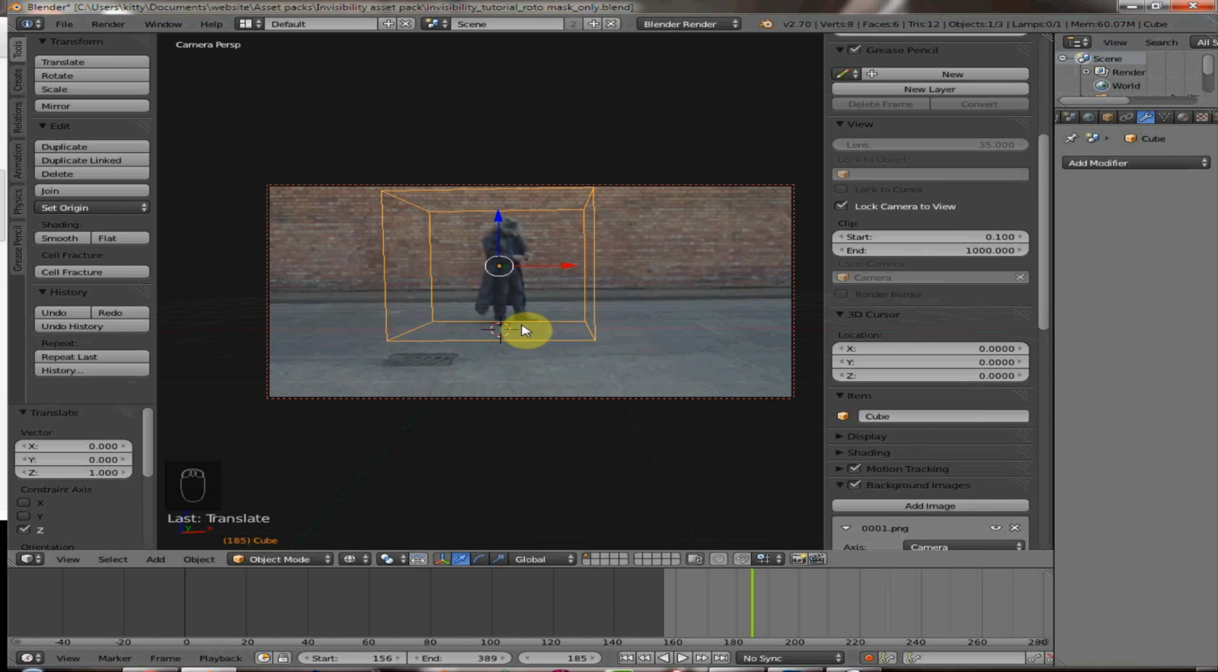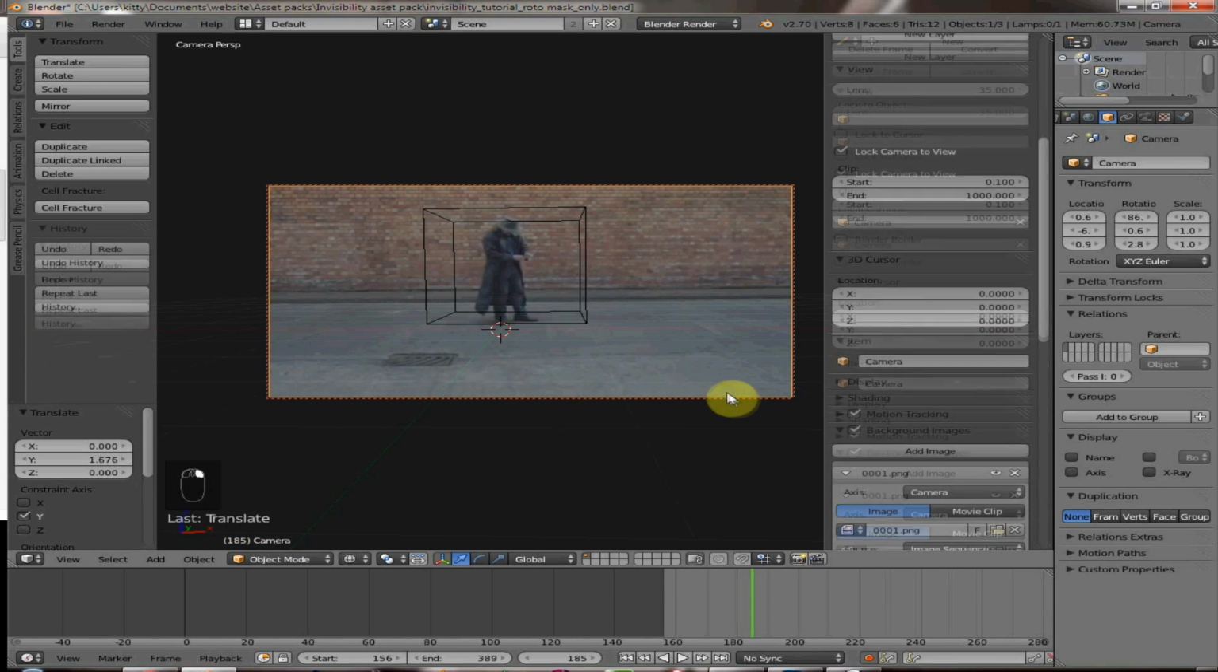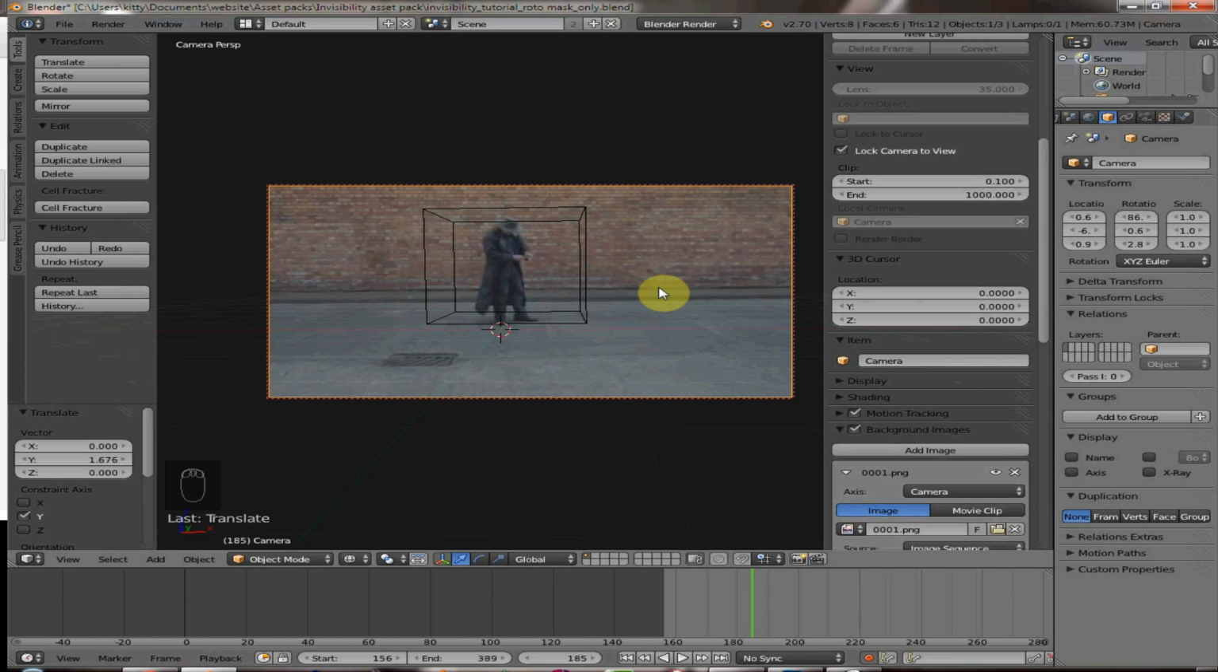Our cube is ahead of our guy, so if I press G and constrain it to the Y axis, and if I move it in onto our guy, we can see that looks fairly accurate. Now if I grab the camera and I press G Z and I just move the camera up slightly, you can see the grid lines are starting to line up with the floor,